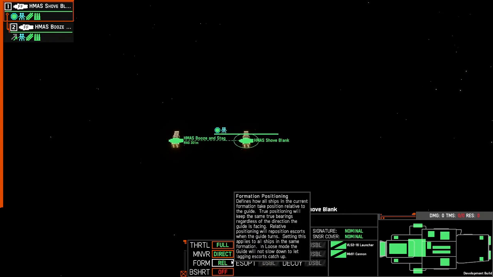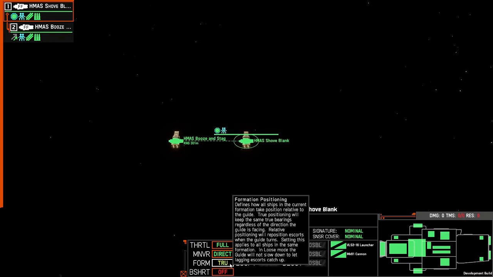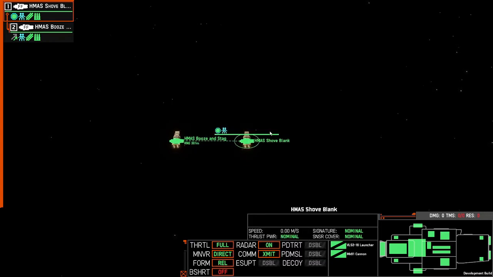Formation positioning will determine how the ships move and position themselves in relation to the guide ship. There are 3 positions: relative, true, and loose. Relative positioning will move all escorts to hold the current position in relation to the direction and position of the guide ship. We can demonstrate this by moving the guide ship